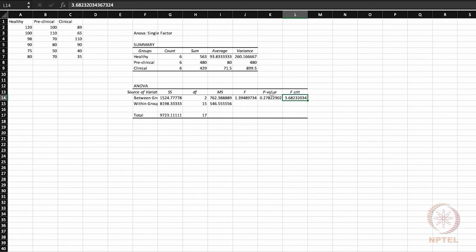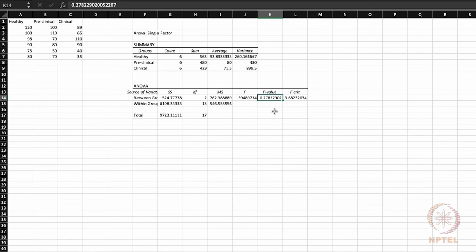Please also note that we have the p-value listed here as well. The p-value tells us how often this F calculated value would come due to the random fluctuations in the data.